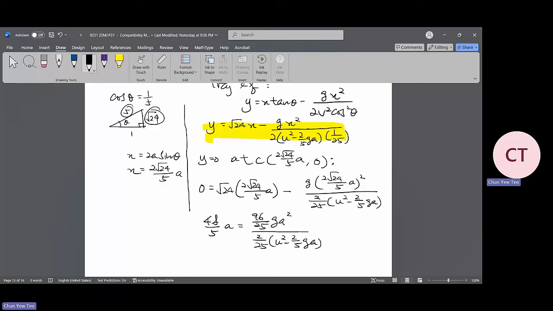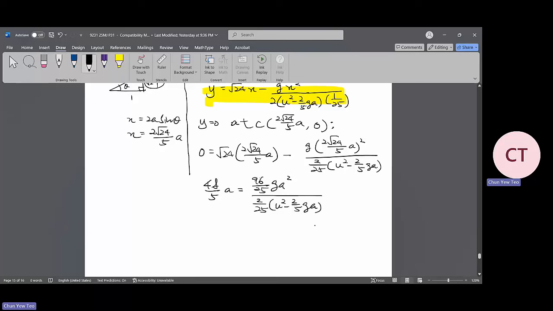It looks a little bit complicated. So the a and the a here can be cancelled, the 25 and the 25 can be cancelled, the 2 and the 2 can be cancelled, and the 48 and the 48 can be cancelled. So you will get 1 over 5 u square minus 2 over 5 g a